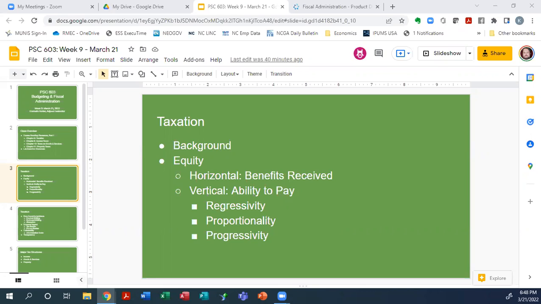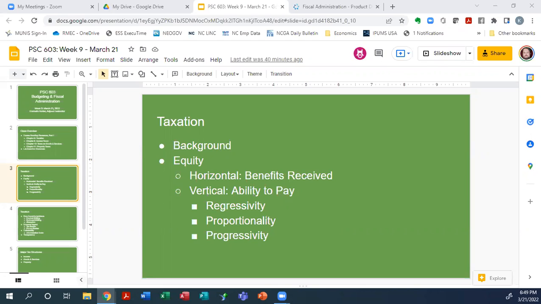So now we come to progressivity, which obviously is the opposite of regressive, and it is the direct relationship between ability to pay and cost. And that is that the rate of taxation would increase as your ability to pay does. And obviously, our federal income tax system is the most prime example of that. For this case, I have to separate out the payroll tax. The payroll tax is a separate tax, even though it is paid by everyone.